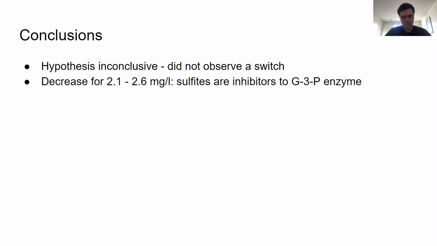Our results also showed that the level with 2.1 to 2.6 milligrams per liter of dissolved oxygen was producing CO2 at a significantly lower rate than the other two levels. Given that this was the lowest level of oxygen, we'd expected the rates of CO2 to actually be higher, for when yeast are anaerobically fermenting, they produce CO2 faster. Yet after some research, we concluded that the mechanism we used to lower the DO concentration, sodium sulfite, was actually